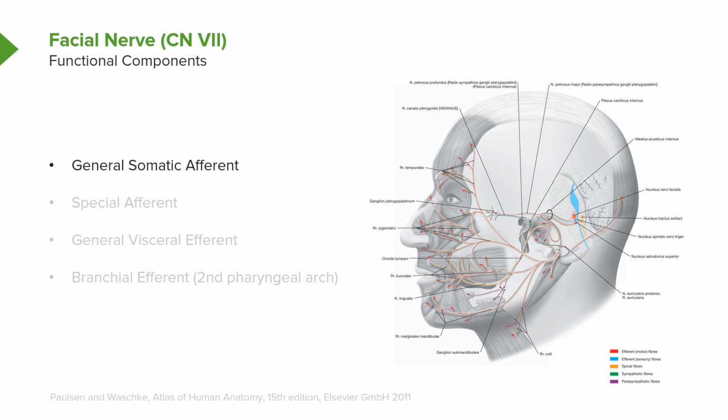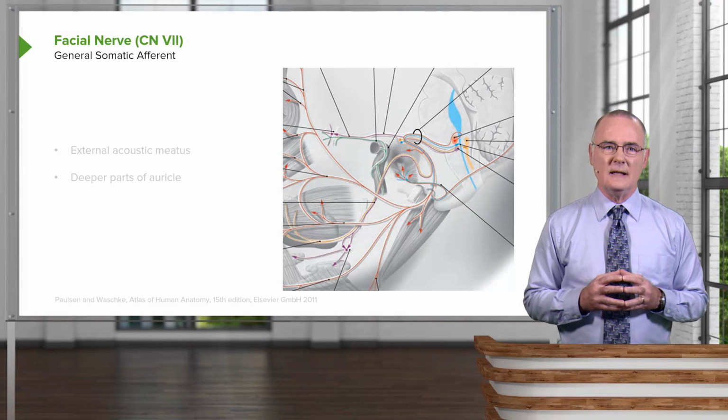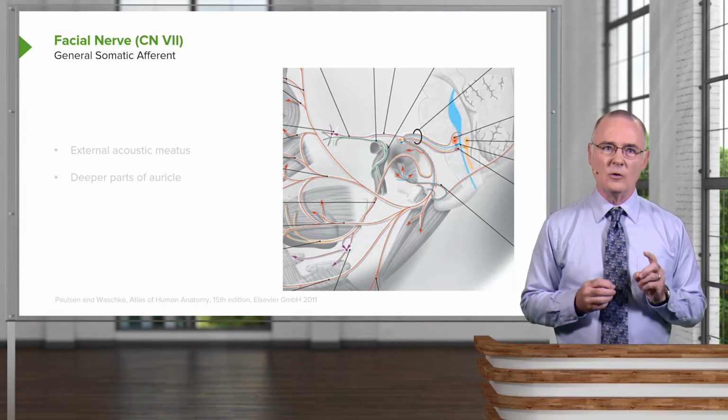This nerve will convey general somatic afferent nerve fibers. It also carries special afferent nerve fibers. Thirdly, it carries general visceral efferent nerve fibers. And then lastly, it has branchial efferent nerve fibers because the facial nerve during embryology or development supplied the second pharyngeal arch. Next, we'll take a look at the distribution of each one of these functional components, and I'll have